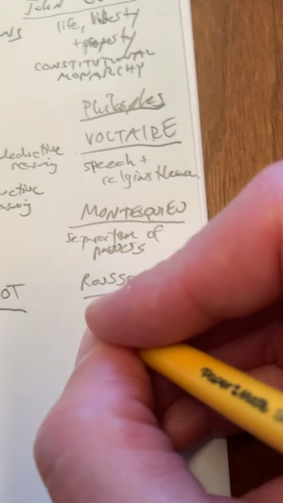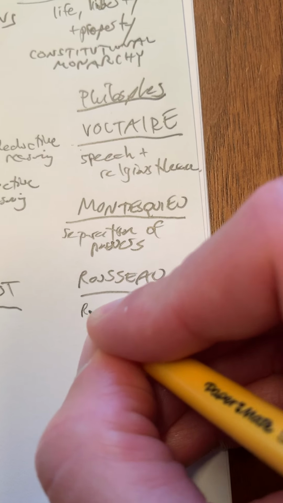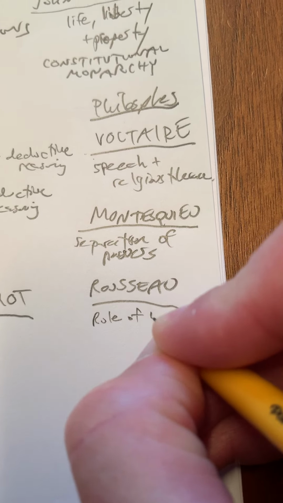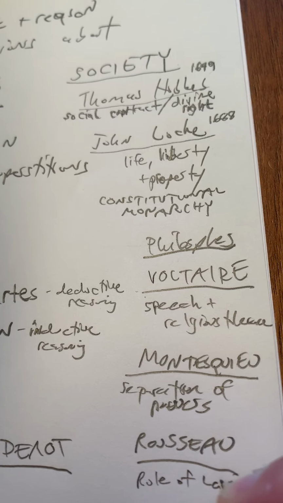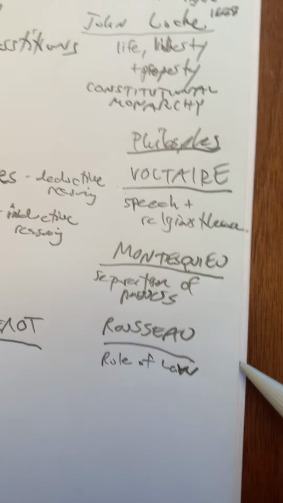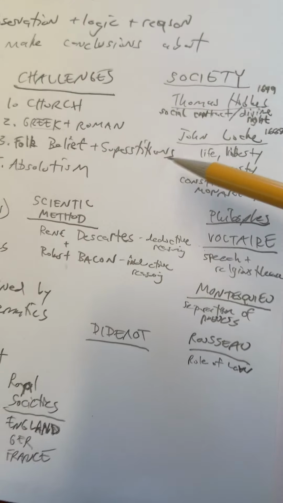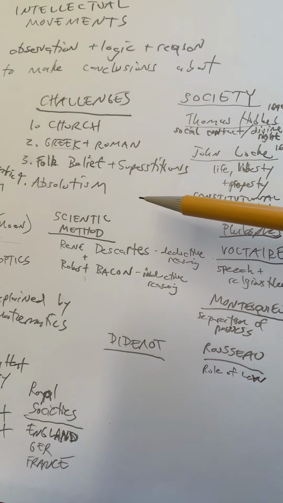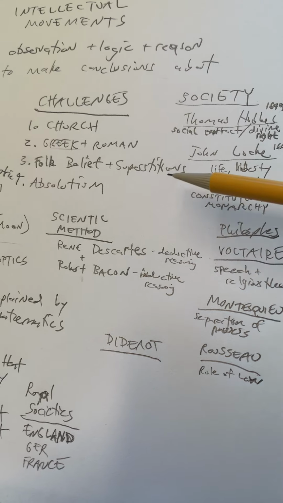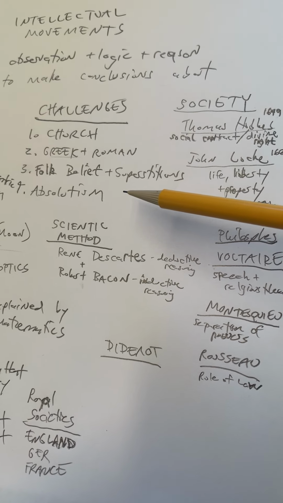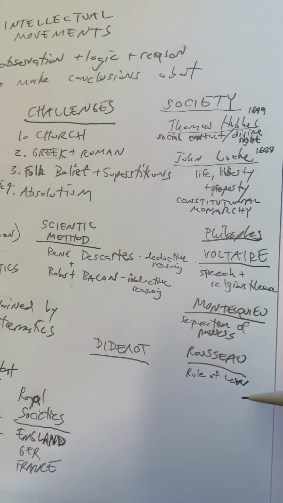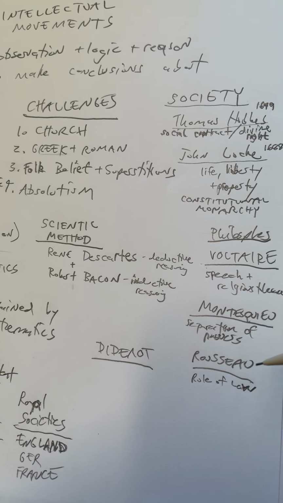Rousseau has a lot of ideas. Social contract's one of them. The one I like to remember is rule of law. And this idea is that no one is above the law. If you remember from the Magna Carta in the classroom, that the teacher can't just do whatever he or she wants, that they're also accountable to the law. And that's an idea that challenges absolutism.